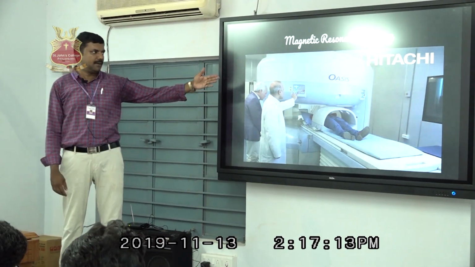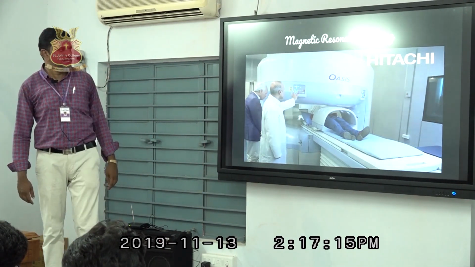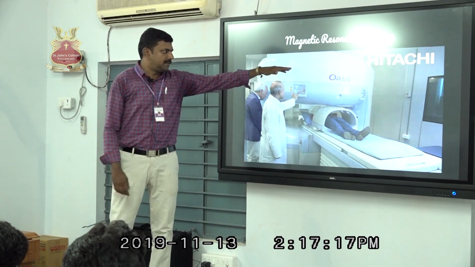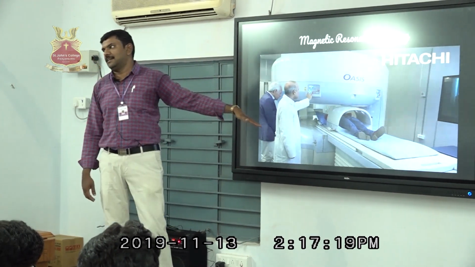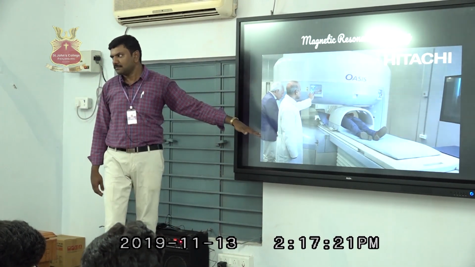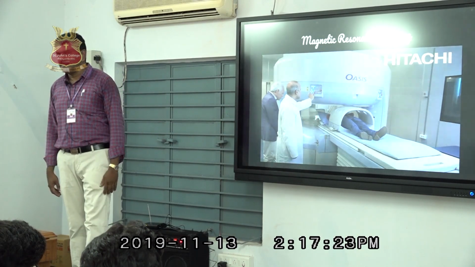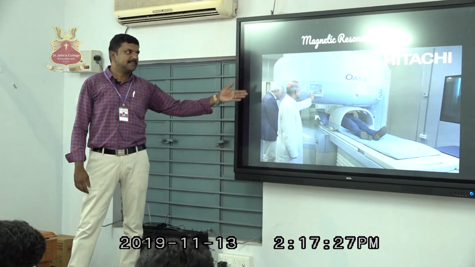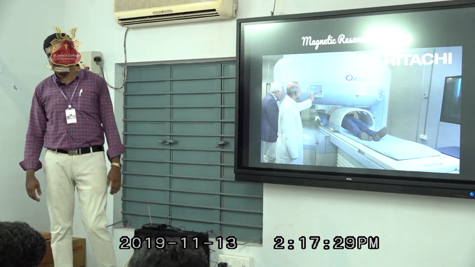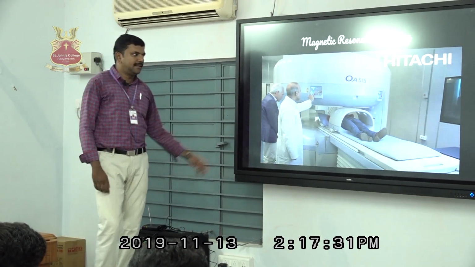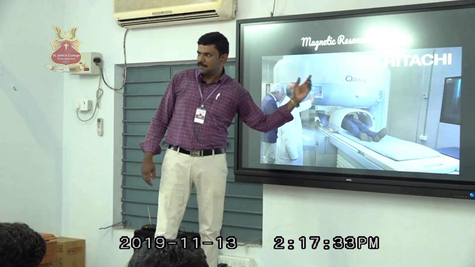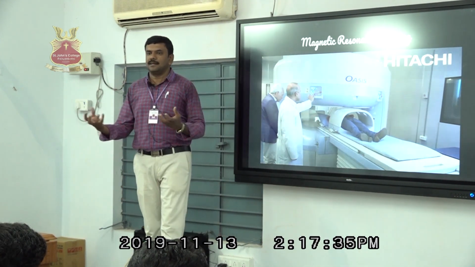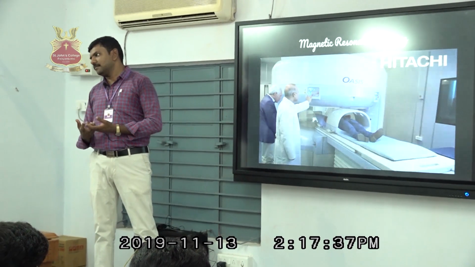This is a sample of a Hitachi OASIS machine, and the layer top and bottom is a huge magnetic field generated by electromagnetic coils. There is no natural magnet sufficient enough to produce the 3 Tesla. So we are generating a high magnetic field with the help of an electromagnetic coil, and there are magnetic sensors around the ring. It will capture the way the magnet behaves.